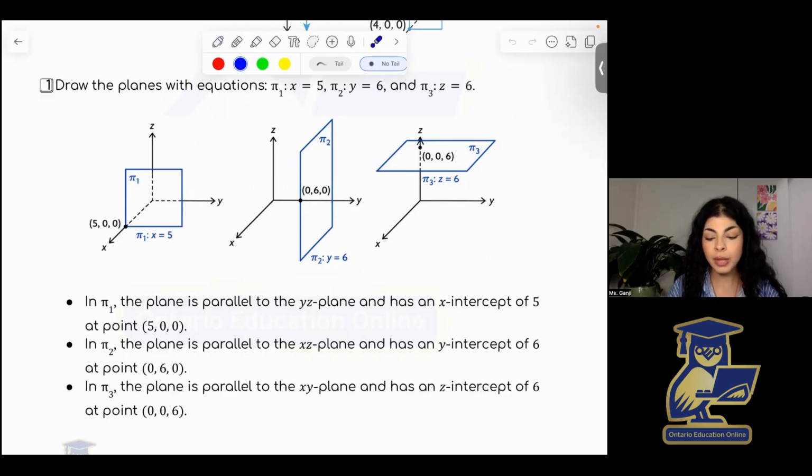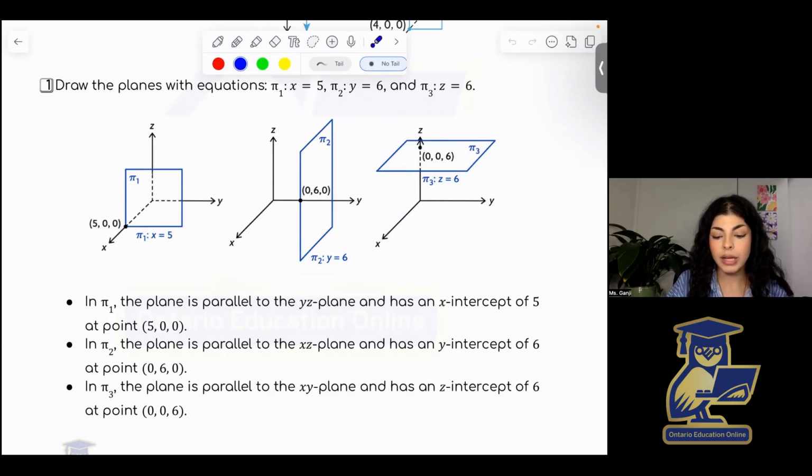And finally, when you have z is equal to 6, then that means your z component is constant, and it is 6 for any point on this plane. And so this plane is parallel to the xy plane, and it intersects the z-axis at (0, 0, 6). Anytime you're given the Cartesian equation of a plane where you only have one of the variables defined,